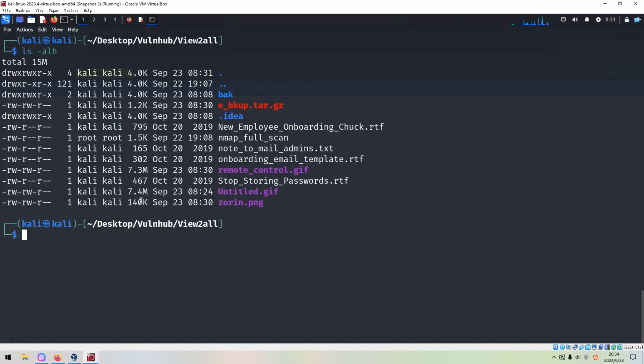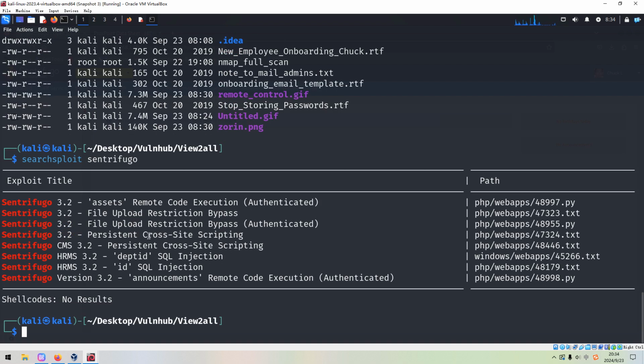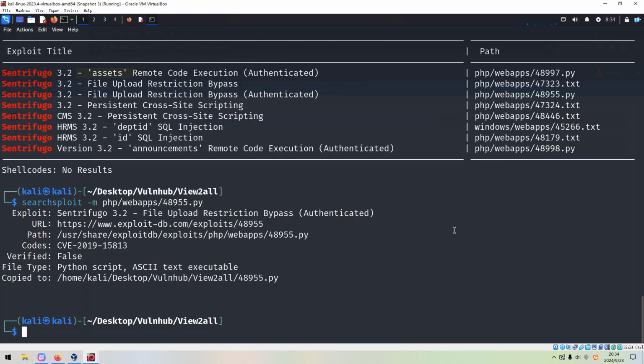Although at this point we don't know its version, it deserves our efforts to try, right? So this is the Python, and we can try this Python exploit code first, and if this doesn't work, maybe we can try this one.